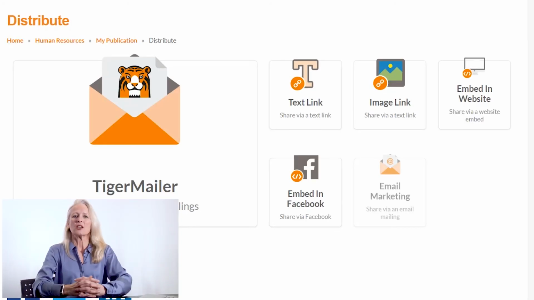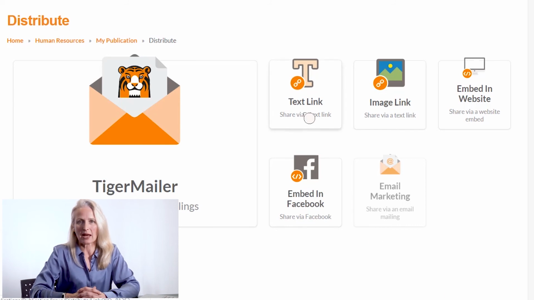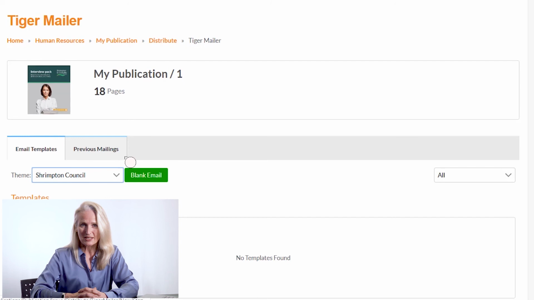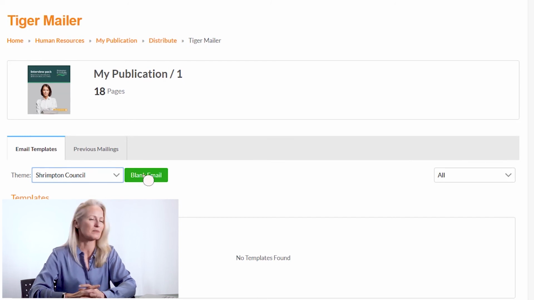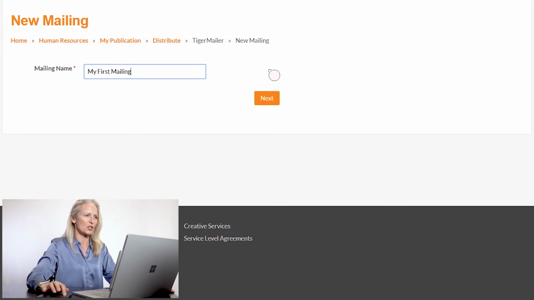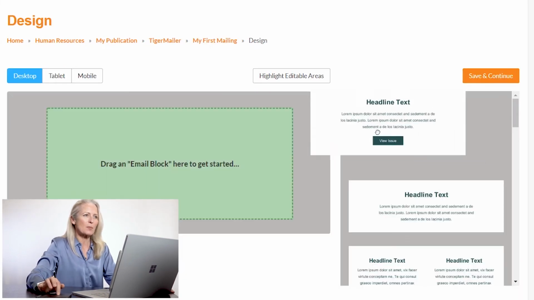Once published, your issues can be sent in an email as a link and embedded in a website or intranet page. The same issue can appear in multiple places. And using Tiger Mailer, you can generate a stylish email using content from your issue, then send it to your expected visitor list. Give your mailing a name, choose the theme you want to use, and simply drag blocks into